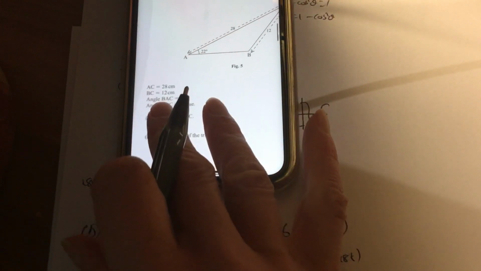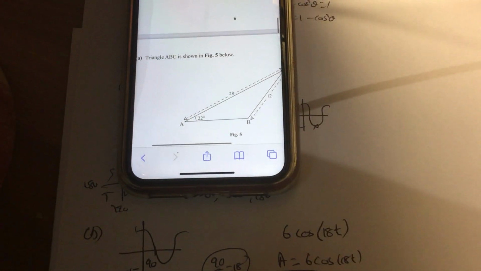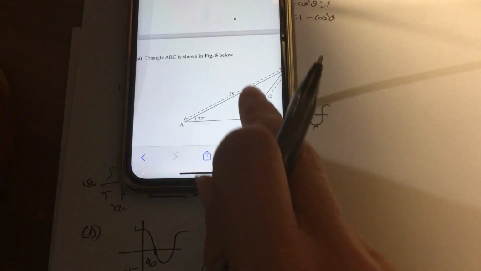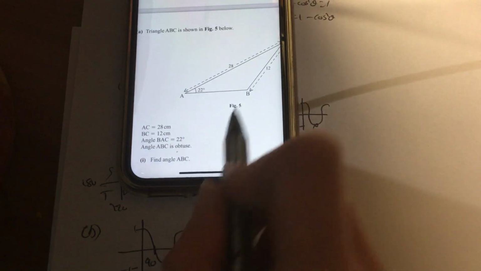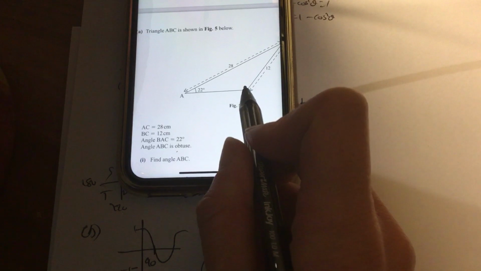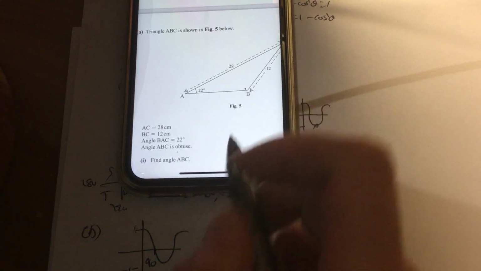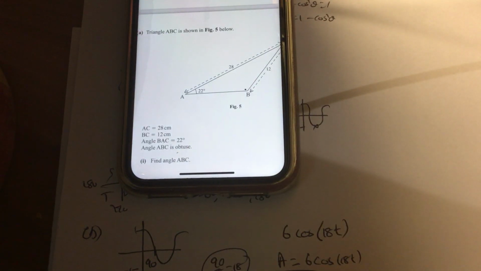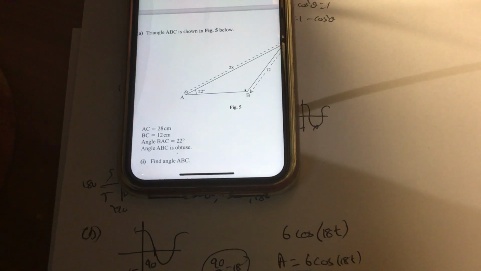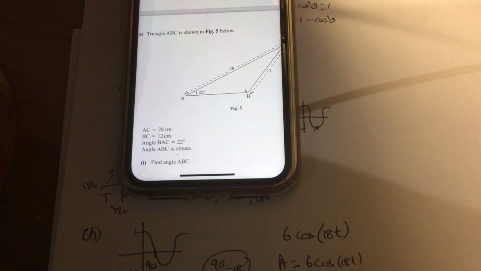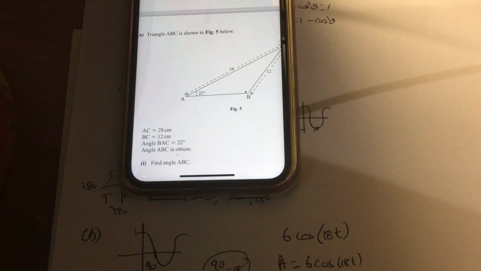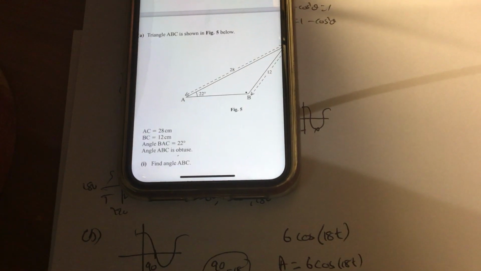And here, oh, it's a wee cosine sine rule question. It wants me to find the angle ABC, this one here. So I'm going to just use the sine rule. So 28 over sine B equals 12 over sine 22. Fraction equals fraction, so cross multiply. So 28 times sine 22 equals 12 times sine B. Bring it across and divide, and you'll be left with